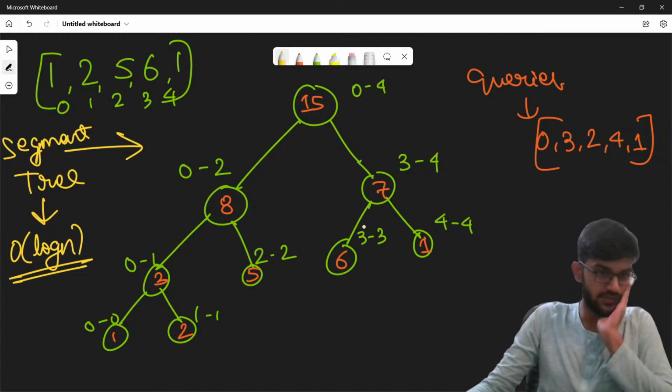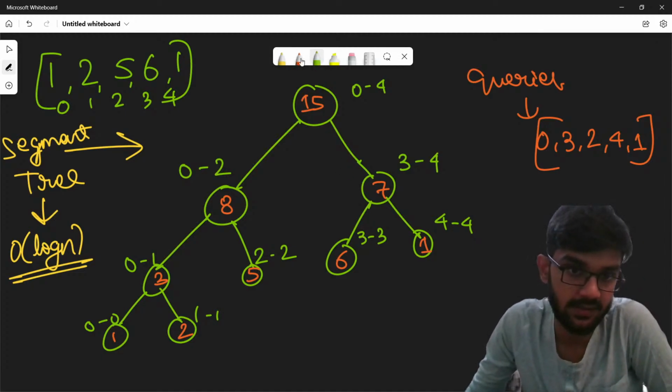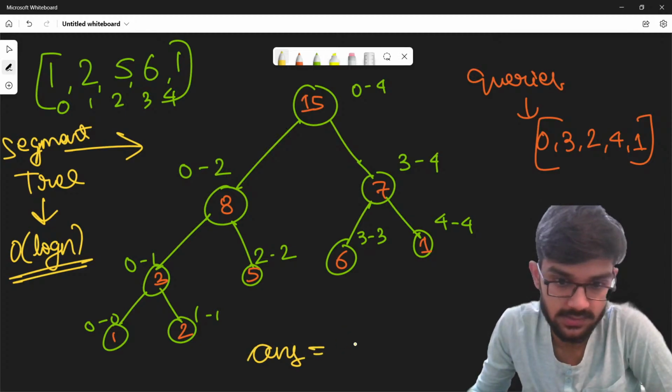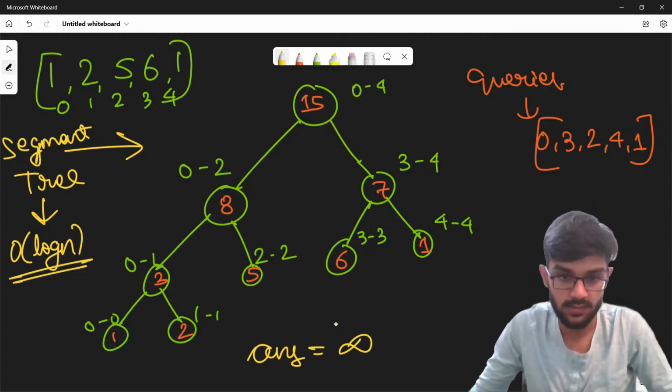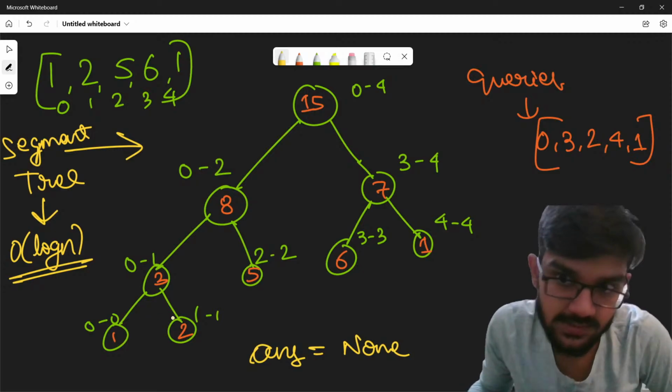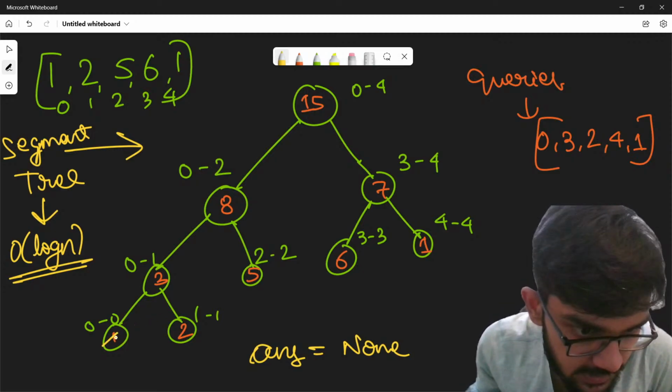Zero. Okay, 0 comes in. So I say currently my answer is what? Unknown. Yeah, my answer is literally unknown. Infinity. Unknown. I guess my answer is none. Initially, when I say we are splitting at 0, let's turn this value down to